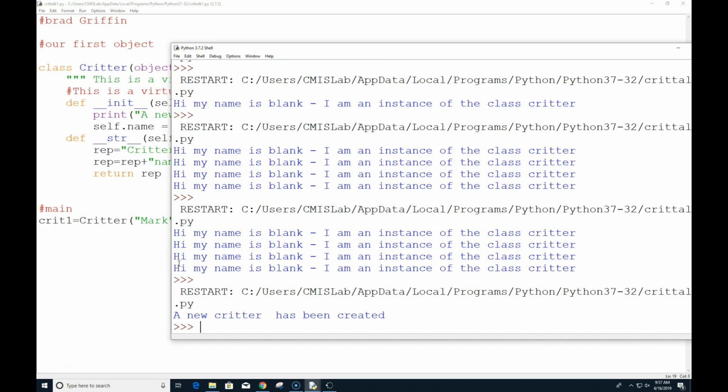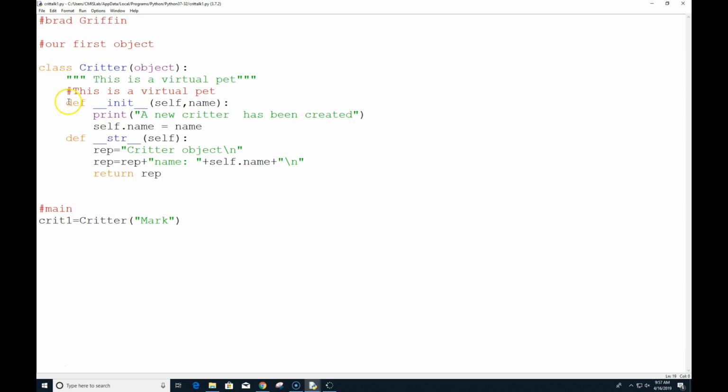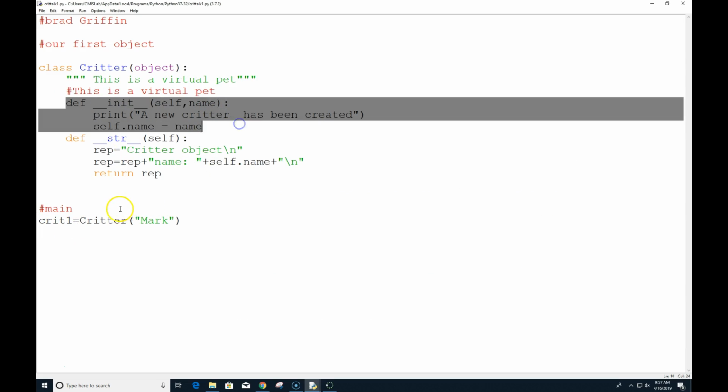All right, the constructor works, and that lets us know that, hey, we really did create a new object, in this case, named Mark. So this piece ran. We haven't actually called this function yet, but we can.